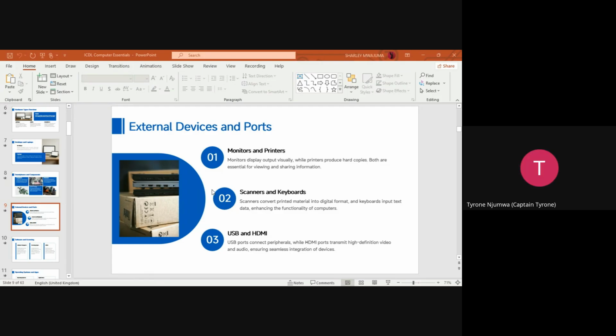We're patiently waiting. I was talking, but I didn't realize I was muted. So sorry about that. No problem. Okay, we've talked about the USB ports and